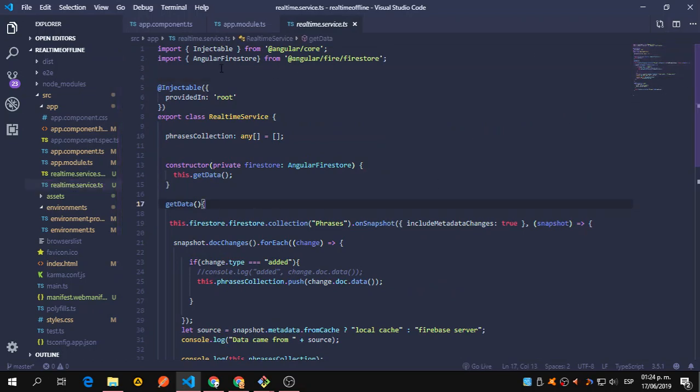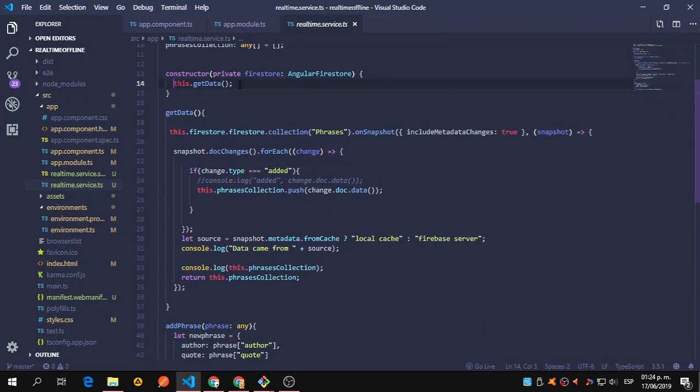And inside the service, you can see that we are only calling Firestore, Angular Firestore from Angular Firestore. And on the constructor, I'm just getting all the data, that is get data. Let's see what this thing is doing. So instead of getting the data as usual, we need to do something different. Remember that Firestore is my private here. We call the property Firestore inside this Angular Firestore. We call the collection, and on a snapshot we are going to include the metadata changes, because